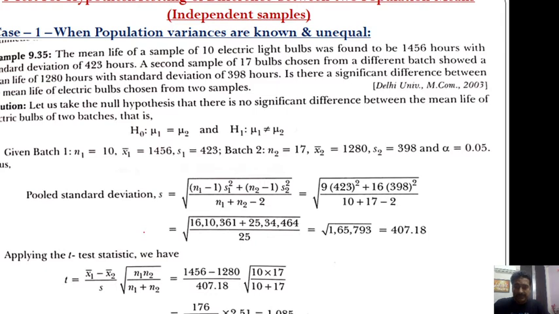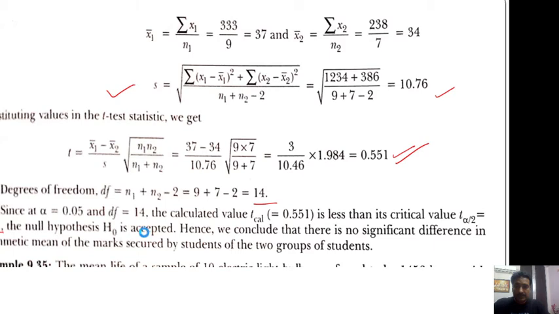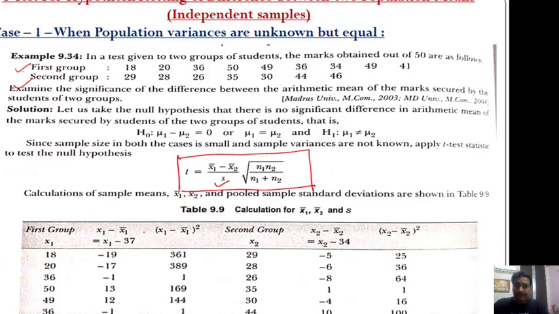Is there any difference between these two? This was case 1, which we have just discussed, when population variances are unknown but equal. So we have to calculate the sample variance here. Population variances are not given and they were unknown, and